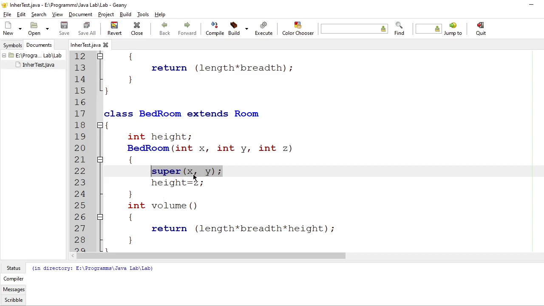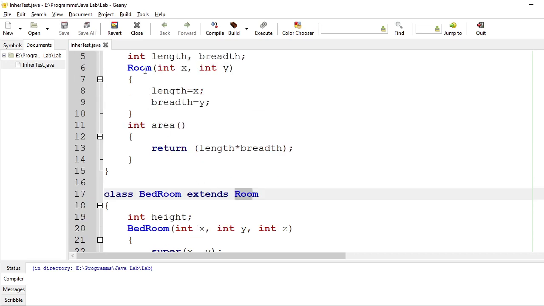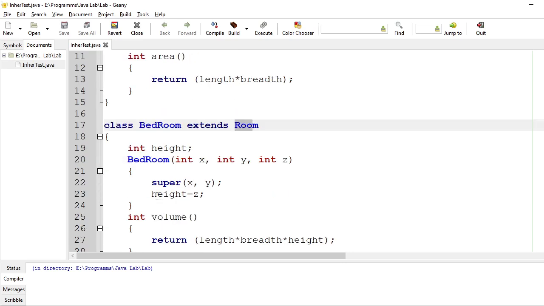The reason is, whenever you are creating an object of the derived class bedroom, first you have to create an object of room. First the base class object is created, then the derived class object. So I have to pass the base class constructor first, then the derived class.